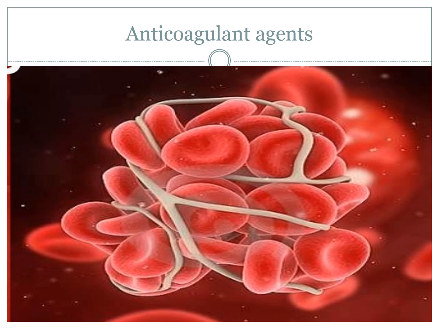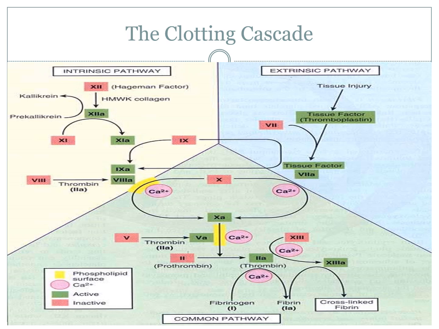So to start off, we'll just have a quick look at the clotting cascade. Now, the reason we need to look at the clotting cascade is obviously every anticoagulant drug that we'll talk about is going to have some effect somewhere within the clotting cascade. Now, the cascade itself is made up of 13 different factors. Now, the problem is everyone always says 13 factors, and 13 factors are numbered, so you'll see the Roman numerals